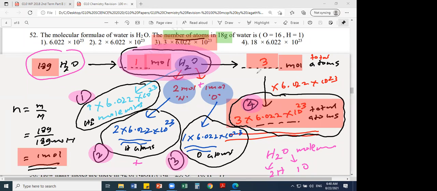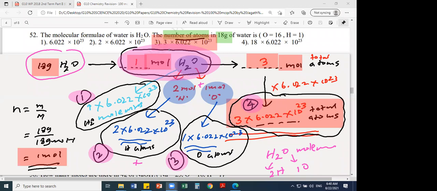Shall I erase this? Anyone still copying down this? But you can make it. Those who are still copying down, please raise the hand, because I am going to the next question now. Okay, those who are still copying down, please hurry up.